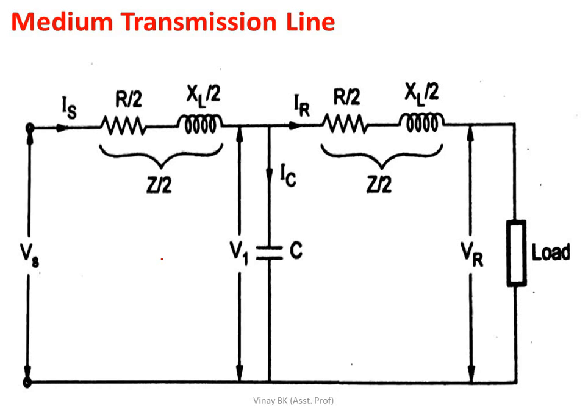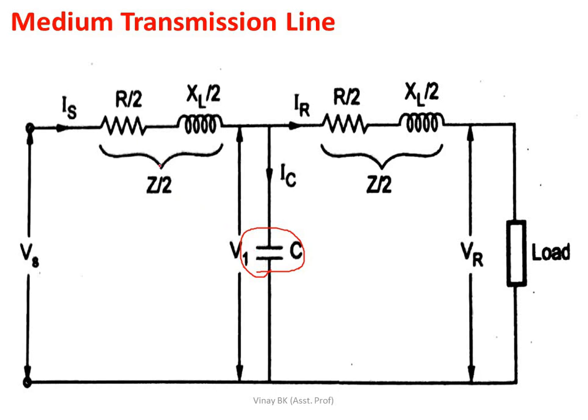In case of a medium transmission line, before discussing the generalized circuit constants, we have to know about the analysis of the medium transmission line in the nominal T method. So I'll just brief about that here. In the nominal T method of analysis, the total line capacitance is assumed to be lumped or concentrated at the center point of the line. As we discussed, the total line capacitance is placed at the central point of the line,